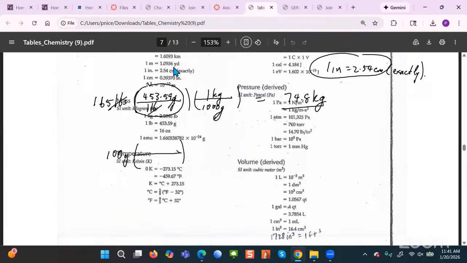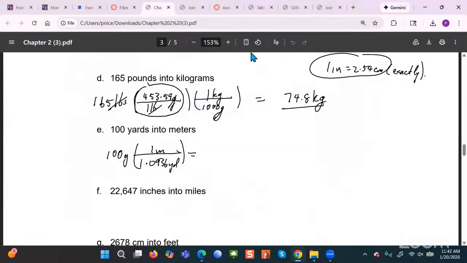According to this, 1 meter is equal to 1.0936 yards. So here we're going to put 1.0936 yards and then 1 meter above. Let's see here. So let me go back to... Okay, so